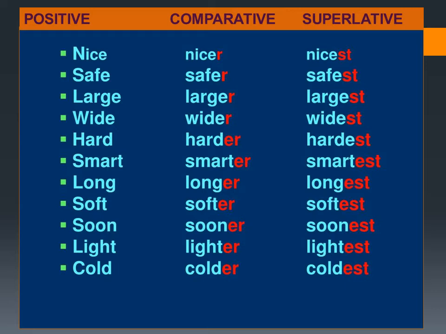So did you all understand, children? Positive degree is the adjective which is actually in use. You make it into a comparative degree by adding ER to the positive degree adjective. And to make it into a superlative degree, we need to add EST to the positive form of the adjective. There are a few rules to be followed when they are converted to ER and EST forms, children. We'll learn them now.